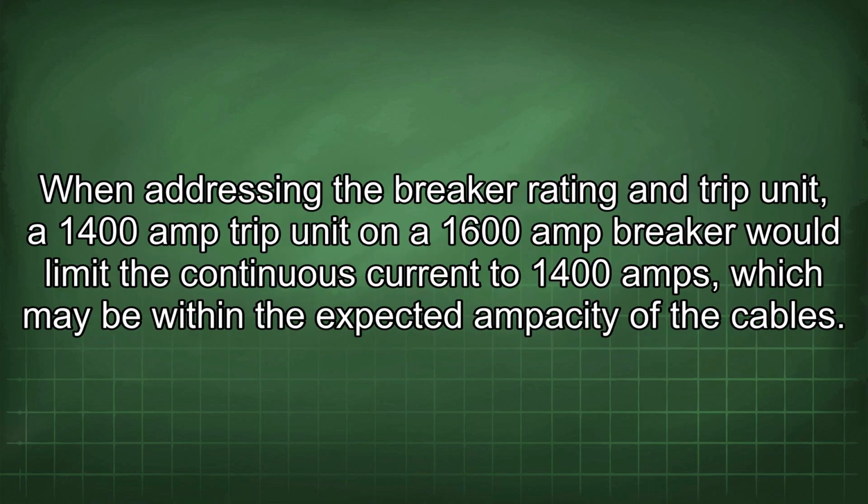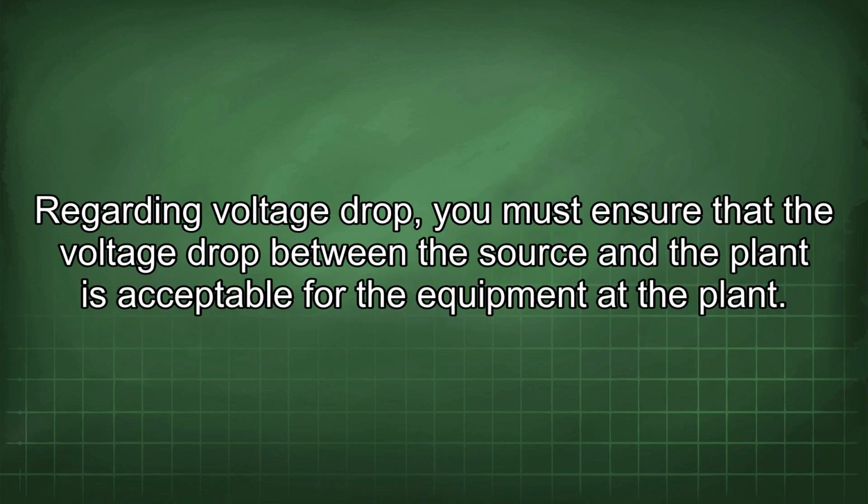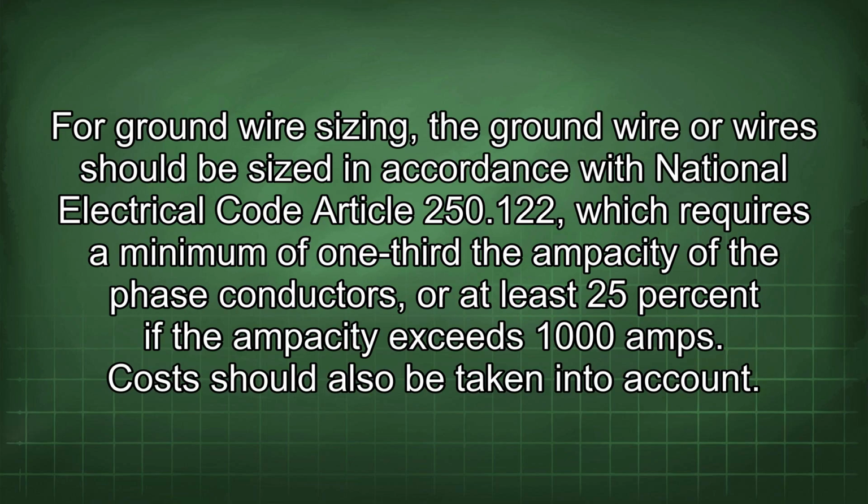guidance. When addressing the breaker rating and trip unit, a 1400 amp trip unit on a 1600 amp breaker would limit the continuous current to 1400 amps, which may be within the expected ampacity of the cables. Regarding voltage drop, you must ensure that the voltage drop between the source and the plant is acceptable for the equipment at the plant. For ground wire sizing, the ground wire or wires should be sized in accordance with National